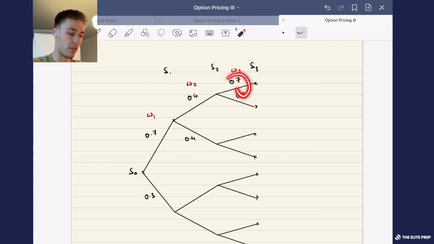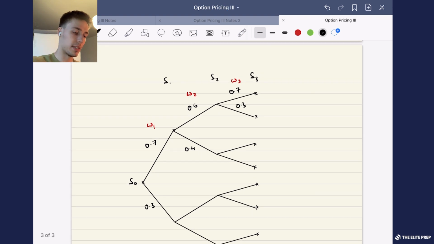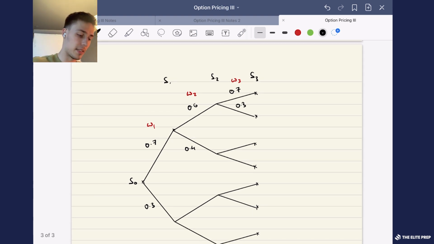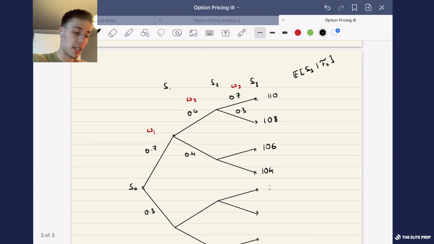So that means if we have 0.7 probability heads, that's the same for each of these trees. Then if we assign certain prices for S3, so say this is 110, this is 108, 106, 104, and so on, then if we want to compute the expected value of S3 given the filtration F2, this is actually a